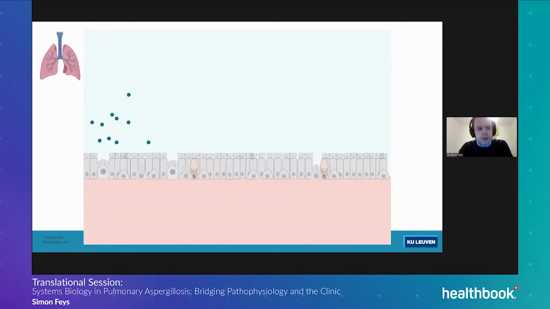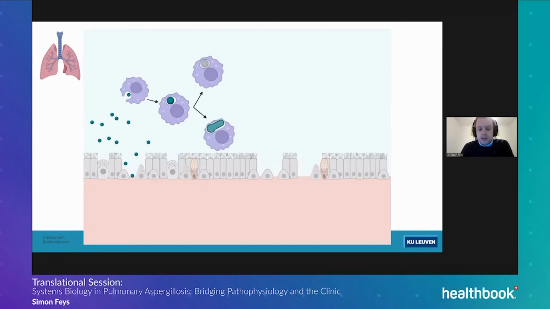Before I talk about our research, I'm going to give you a very short and very basic introduction to our antifungal host response against Aspergillus fumigatus and other Aspergillus species. Each and every day, we all inhale approximately 100 to 1,000 Aspergillus conidia or Aspergillus spores, but our respiratory tract can easily get rid of them using mucociliary clearance. And the spores that are retained within the lungs can be phagocytosed and easily killed by macrophages in particular, or by neutrophils.